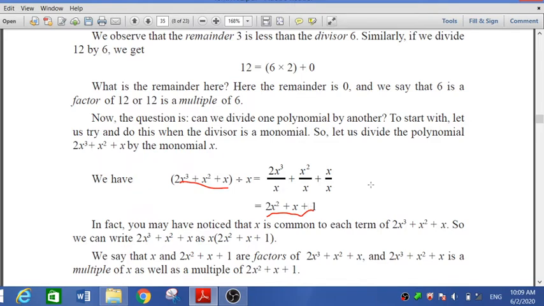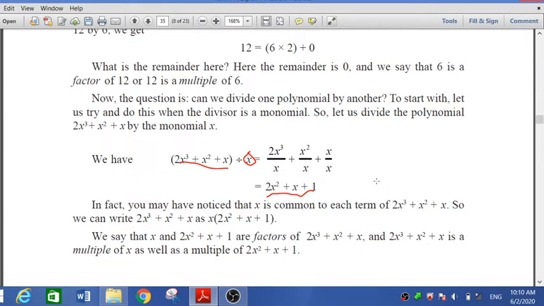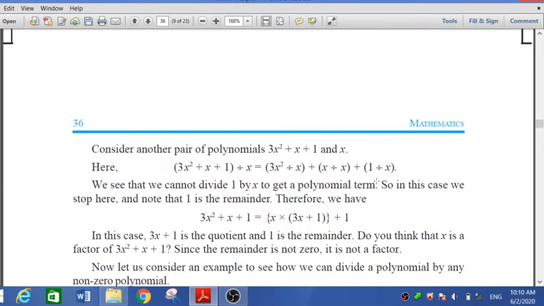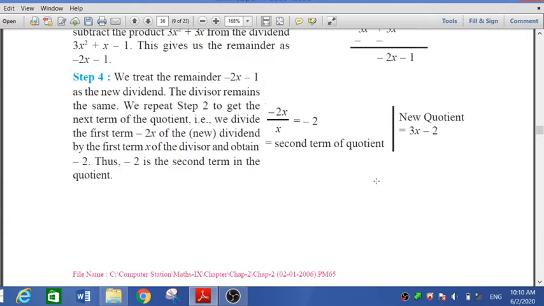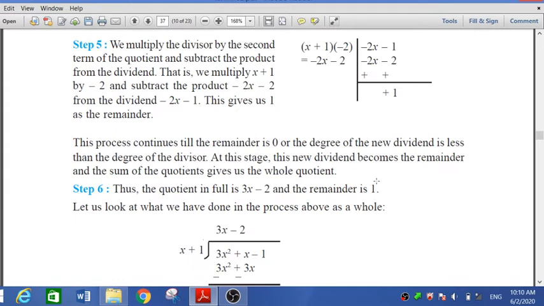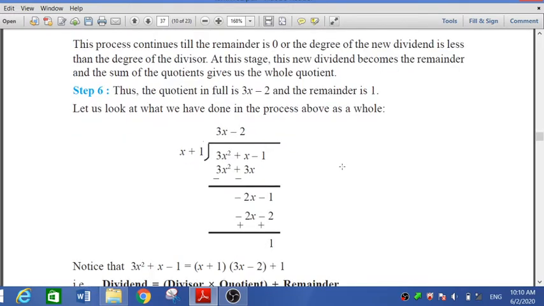But when it is long, meaning here only one monomial is there, but if a binomial or trinomial is there, then how can we divide? So that way we have to start now. The important topic is the long division method. Today we want to discuss the long division method. It is in the 10th standard also. What is the topic? Long division method.